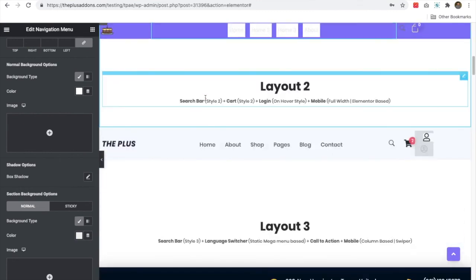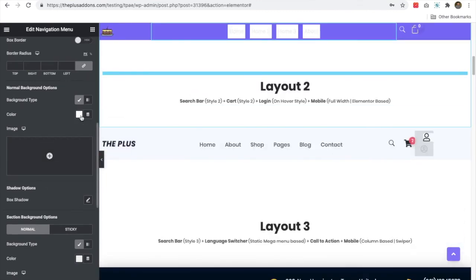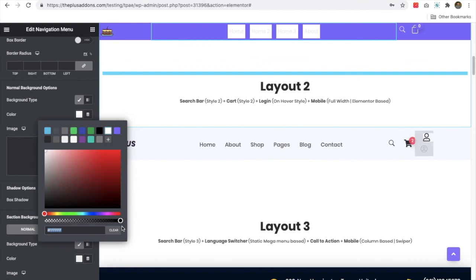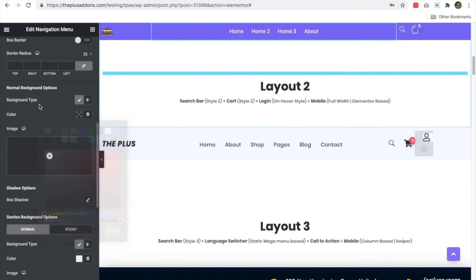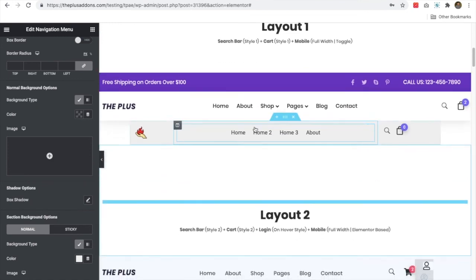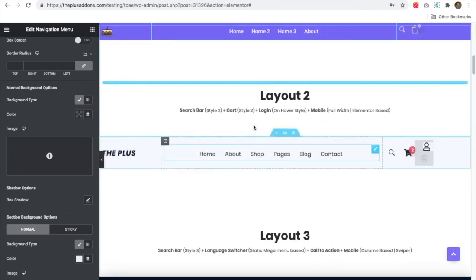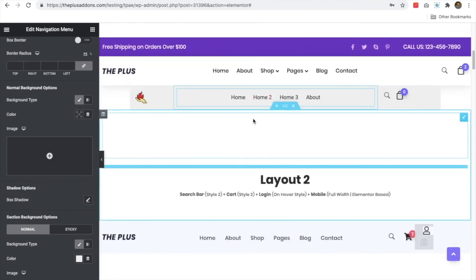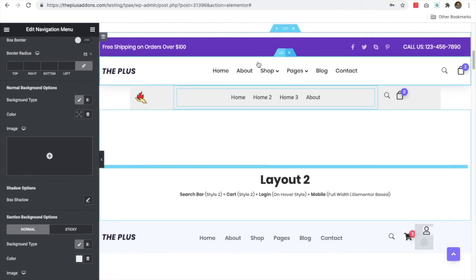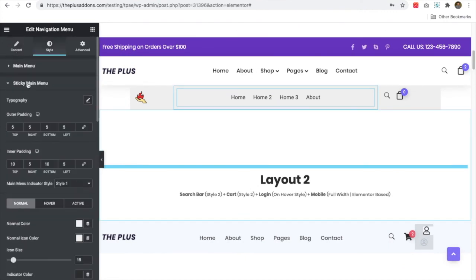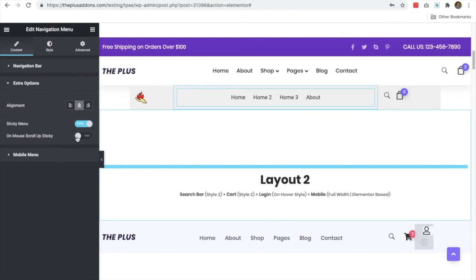Right? Now let's change this color to make it look nice. So this way we have made a normal sticky menu. Now let's check out how to make it reverse. Once you turn on this option, your menu will work as a reverse sticky menu.